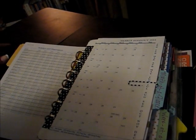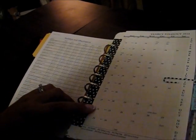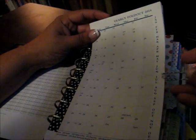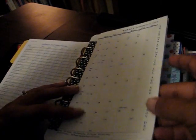This is your fold out calendar, and I actually ordered this from Franklin Covey. It did not come in my planner. I have it folded up because it is 2014. I didn't have a 13 yet, or still, to purchase, so I just have it paper clipped because I'm not using it yet. But you can see that it folds all the way out, and I like it because on